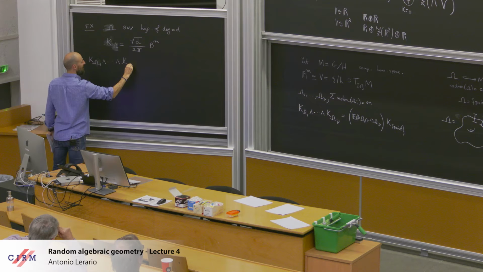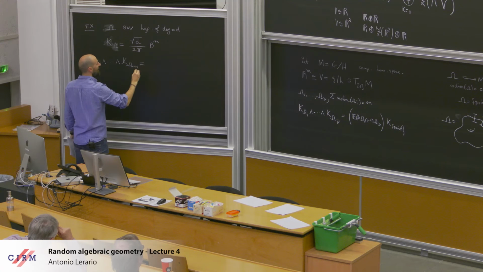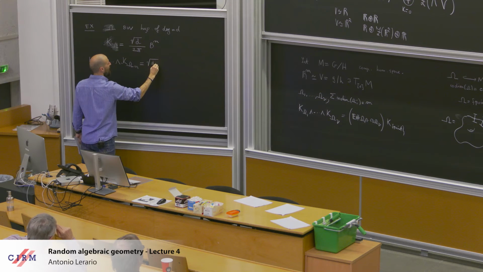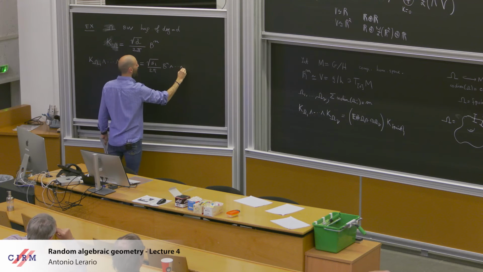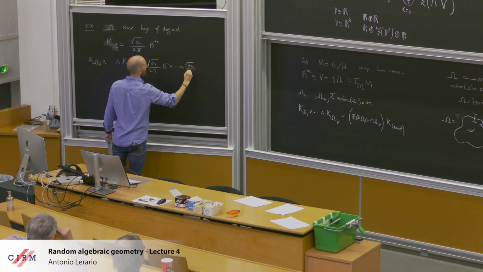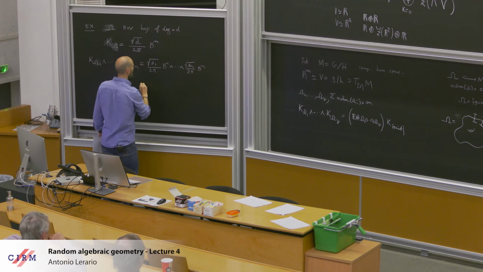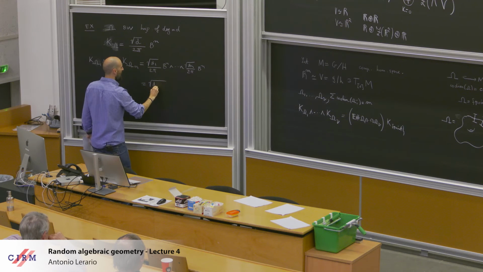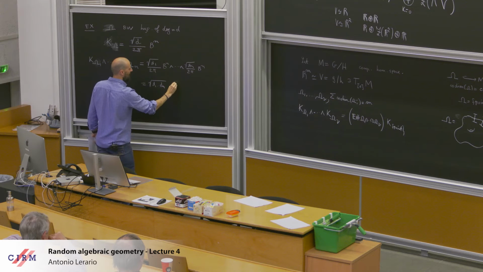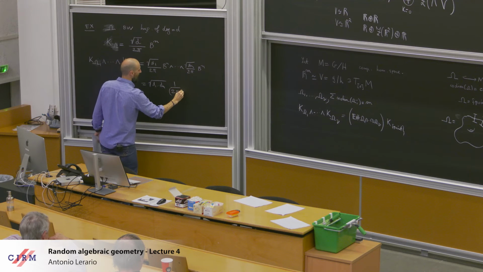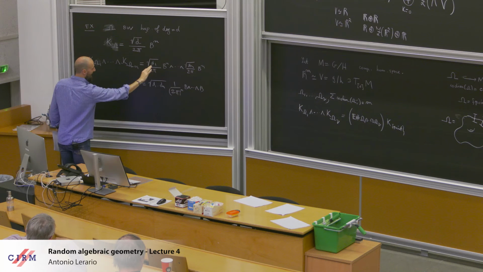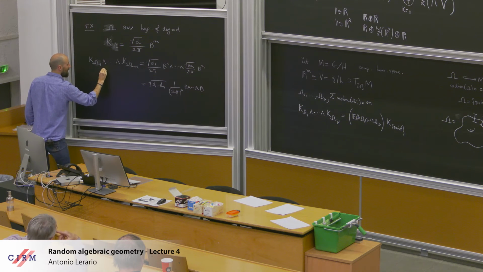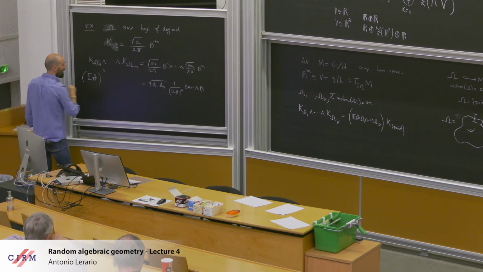You just write the identity, and you know that this is square root of d over 2 pi ball, n times, so square root of d to the n times 1 over 2 pi to the n ball from one end, and on the other end this is the expectation of the number of points of common intersection